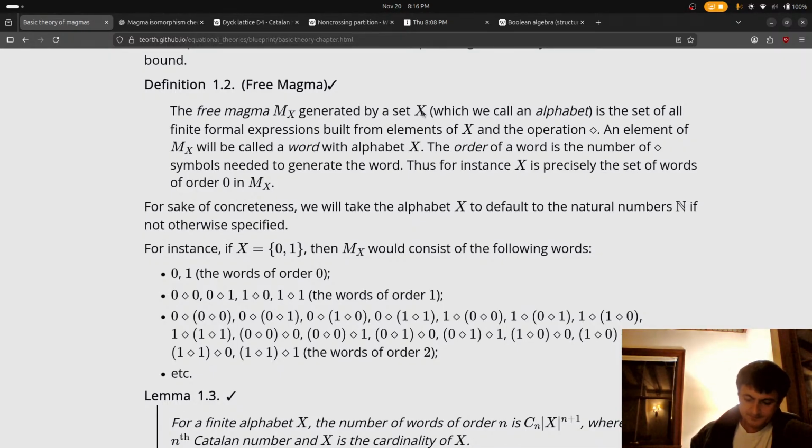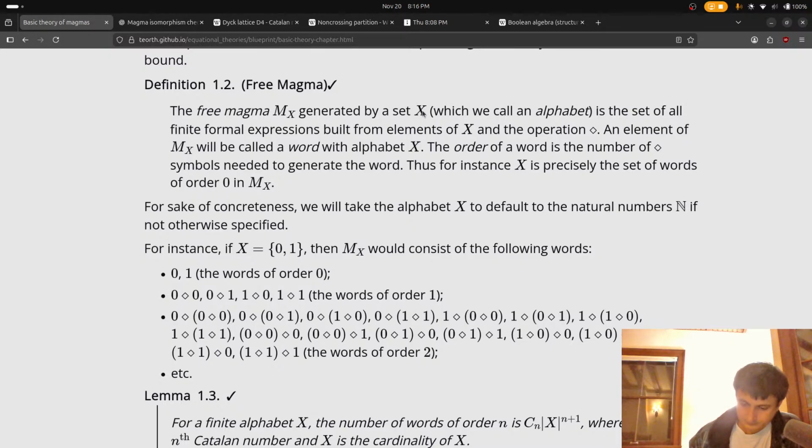So the free magma mx generated by set x, called alphabet, is the set of all finite. So I guess I'm confused of if that, like,